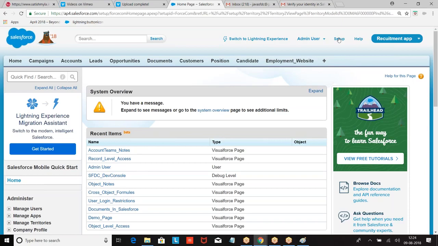I hope every concept is clear. Right? So OWD, role hierarchy, profile and permission set, view all data, modify all data, view all, modify all. What is the difference between view all data and view all? View all data is defined on the entire database for a profile. View all is defined on an object. Okay. Then opportunity team and your account team. We can also define a case team.